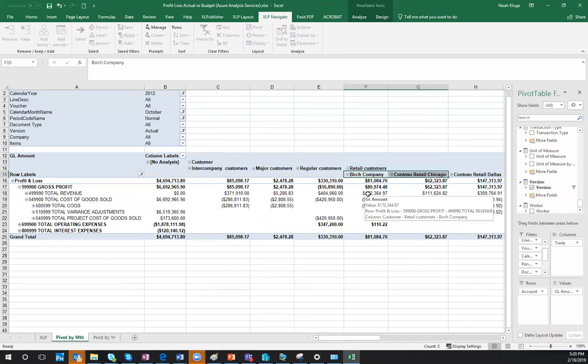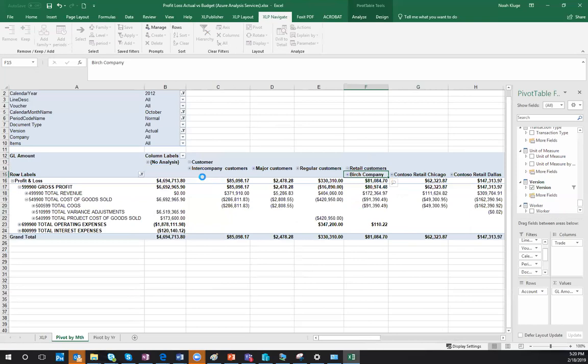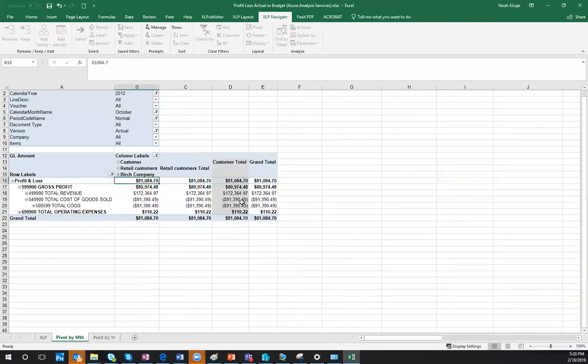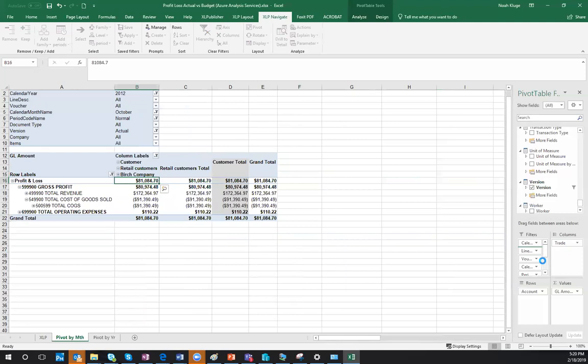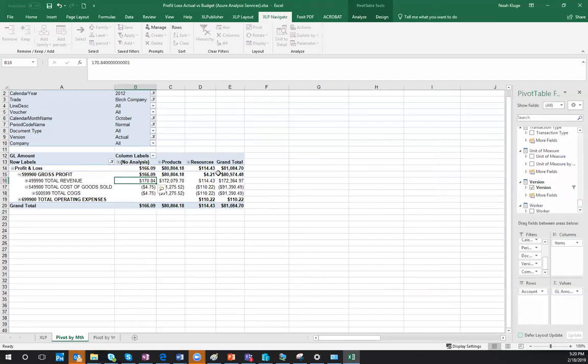So what this means is that off of $172,000 in sales, I generated $80,000 in gross profit after I subtract out the cost of goods sold. So that was for the Birch company. If I want to look at the items that I sold to Birch, I'll choose filter and then go to keep only. And now the report's been filtered down to only Birch. And then I will add the item dimension to the columns. So now only for the company called Birch, so I see that up here in the filter, I can see